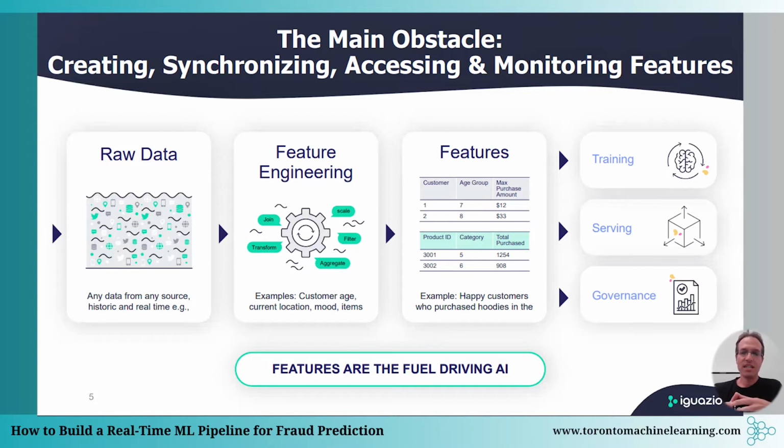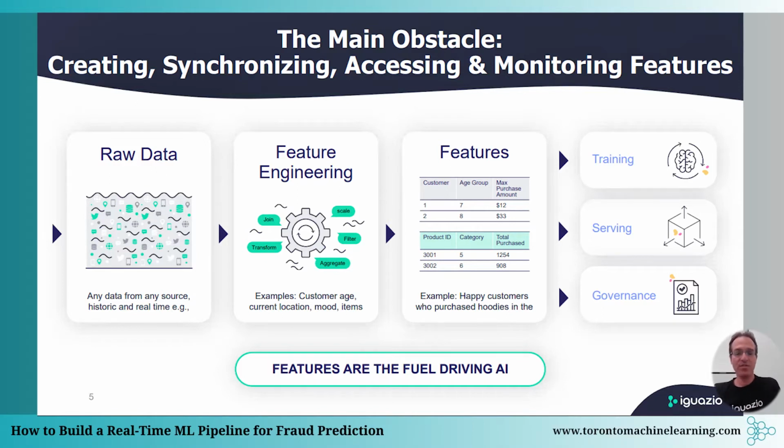And there's also the aspect of monitoring and governance. So at the end of the day, you need to make sure that this process is something that you can monitor and identify if there is a drift within those features. Now, how can you take the feature engineering part all the way from your research to production?